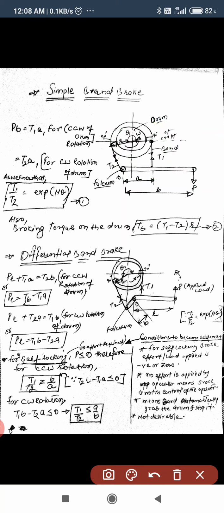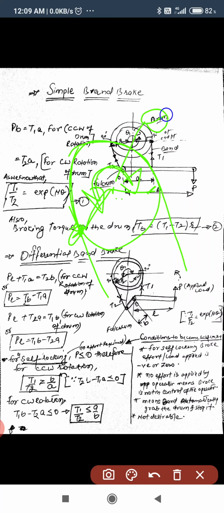In the simple system, one thing I just want to tell you is this. From here this belt is over this pulley. Suppose it touches here and here, so this angle is important, and we call this angle theta. It tells how much angle of the belt is in contact with the whole drum. So that was one thing I wanted to tell you, and another, these are the tension forces.